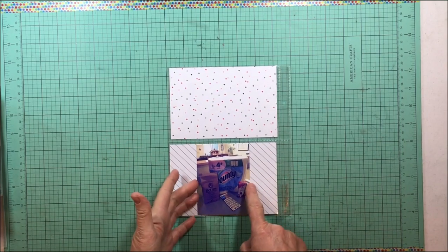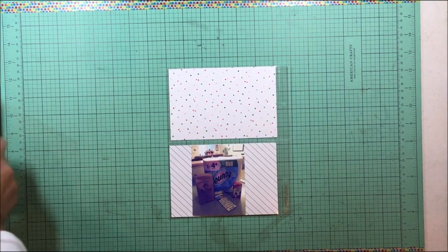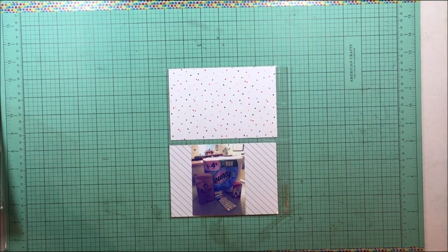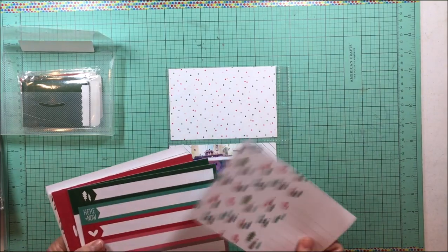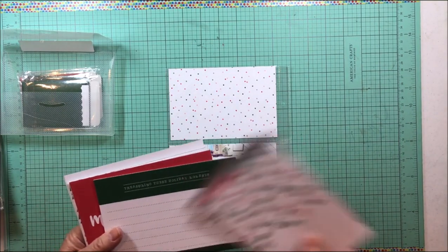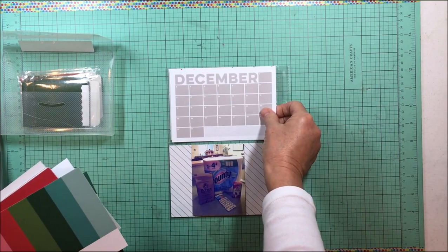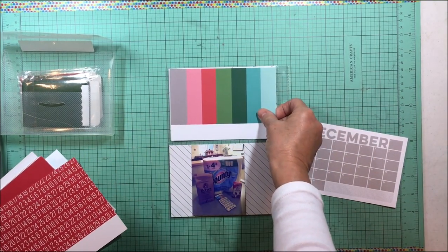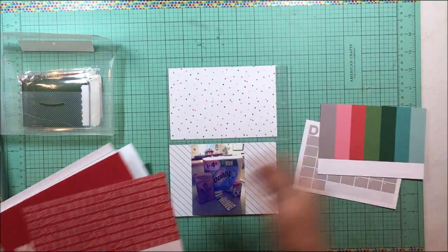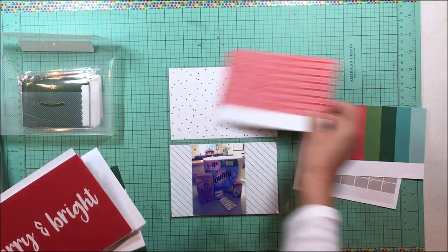So what I'm going to do is figure out if I have some sort of 4x6 card that I would like to put in there. Need to find my 4x6 cards. And I'm thinking if I could find something about a list or making, I don't know, errands. Sometimes they'll have, certainly not treasuring these holiday memories. I mean, I could just do the December card up in here. This one's kind of cute too, just as a little extra card, or this one. With this one, then I could just circle a 2 somewhere on here, and then